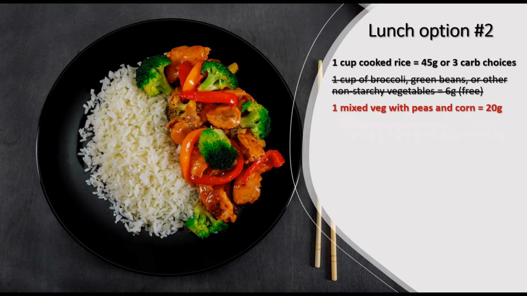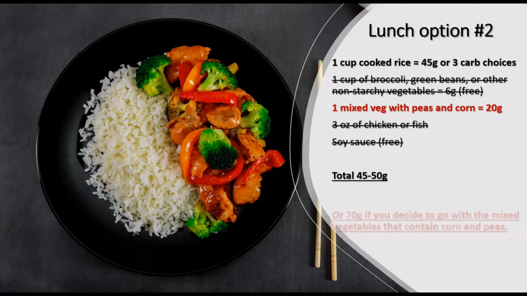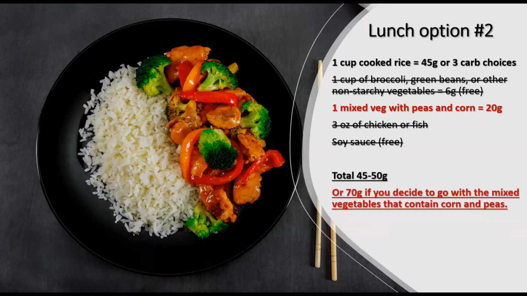If you choose to go with mixed vegetables with corn and peas, keep in mind that 1 cup will be about 20 grams of carbohydrates. Next, add 3 ounces of chicken or fish or a plant-based option, which does not contain carbohydrates, and soy sauce, which does not contain carbohydrates. The total for this meal would be 45 to 50 grams of carbohydrates or around 70 grams if you decide to go with the mixed vegetables that